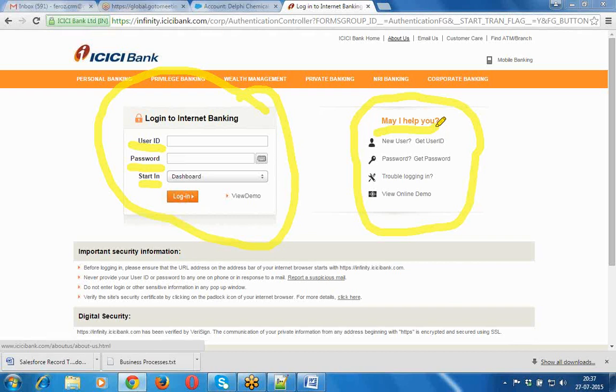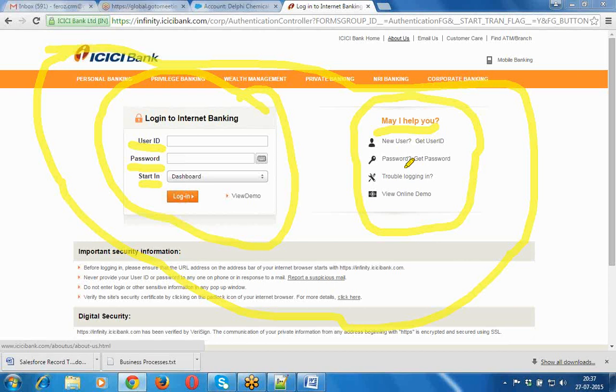So now observe this one here. Whenever you are trying to log into your savings account or it may be a salary account, it is providing this graphical user interface to you. Nothing but this is a user interface it is providing to you. Now in this user interface, you will be having a separate look and feel. You will be having so many fields available, nothing but a set of fields like user ID, the password, and the start in. And along with that, you will be having some different options also available here.